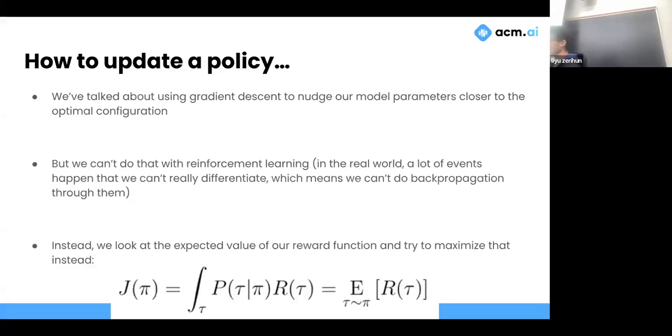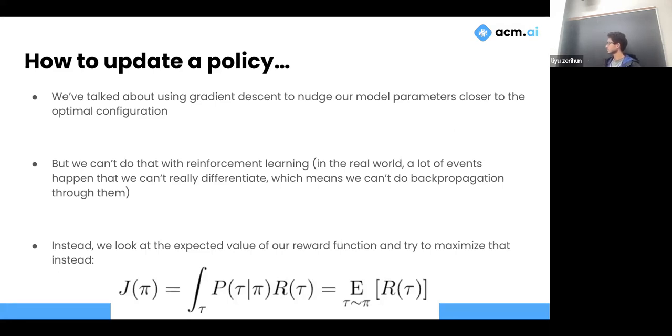The reason it doesn't work is that in the real world, there are certain events that you can't differentiate. You can't evaluate the rate of change. If something happens really suddenly, like something just jumps at it, or you flip on a switch, you can't take the derivative of it because the rate of change doesn't make sense in that context. Sometimes you just can't take the derivative. For example, if you wrote the code for a simulation, you can theoretically make that simulation differentiable.